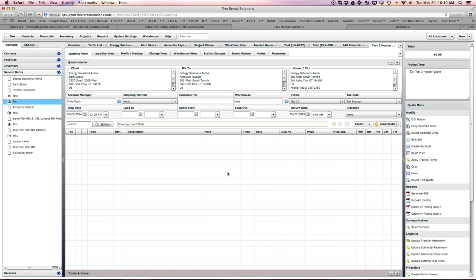So now we have configured this area to have 3 separate headers. There's the client that was similar to what it was on the left-hand side. There's the venue that was the exact same on the right-hand side. We have entered in a new bill to contact. Other options that we have in that configuration